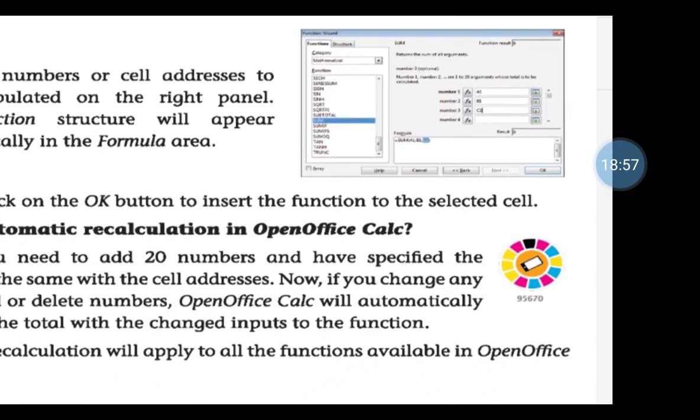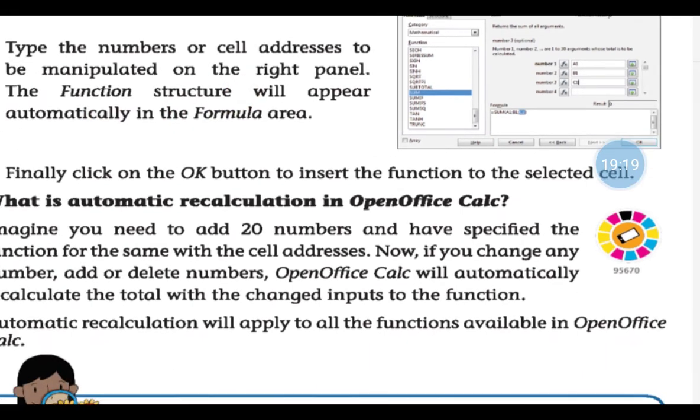So after adding the cell addresses, the formula structure will come here. This is the structure. Here they are using the sum function to do the total. So here they have written only cell addresses. The function will come here in this formula area.